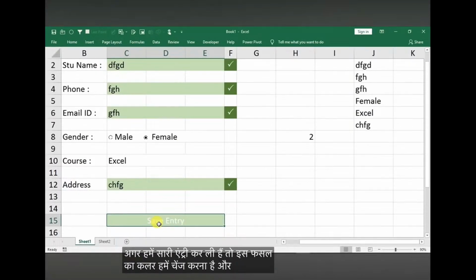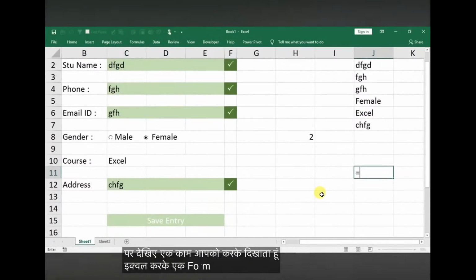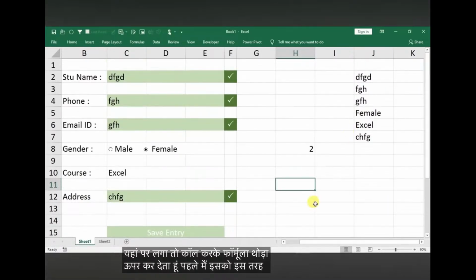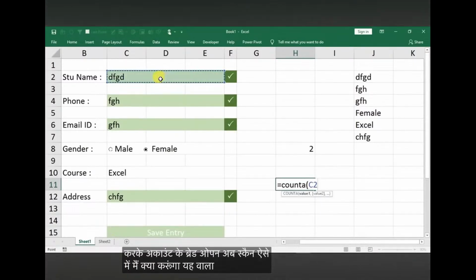अब यहाँ पे हम क्या करेंगे, अगर हमने सारी एंट्री कर ली हैं तो इस सेल का कलर हमें चेंज करना है, डार्क ग्रीन करना है। तो इसके लिए फॉर्मुला क्या होगा, यहाँ पे देखिए मैं एक काम आपको करके दिखाता हूँ। इक्वल करके एक फॉर्मुला है, मैं यहाँ पे नहीं, यहाँ पे लगाता हूँ, थोड़ा ऊपर कर लेता हूँ पहले मैं इसको, इस तरह से। ठीक है ना, यहाँ पे मैं एक फॉर्मुला लगाऊंगा इक्वल करके काउंट ए ब्रैकेट ओपन।